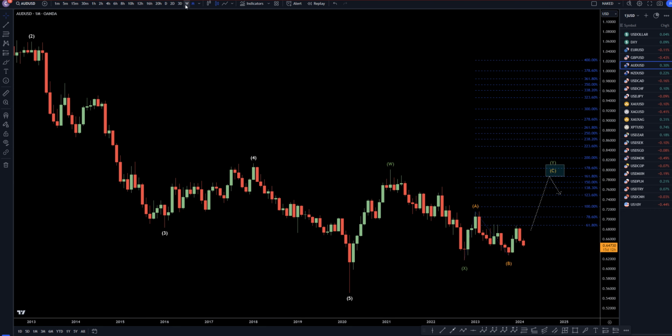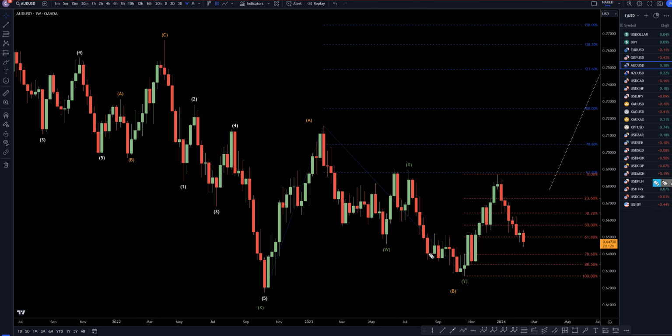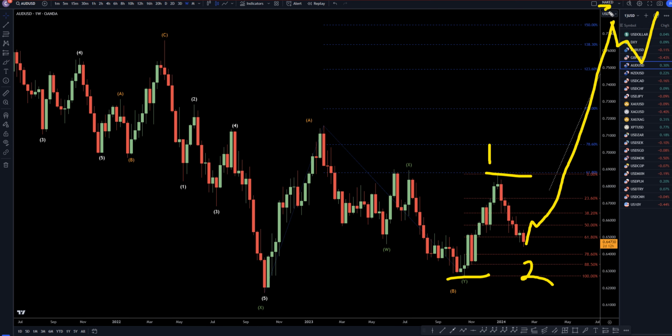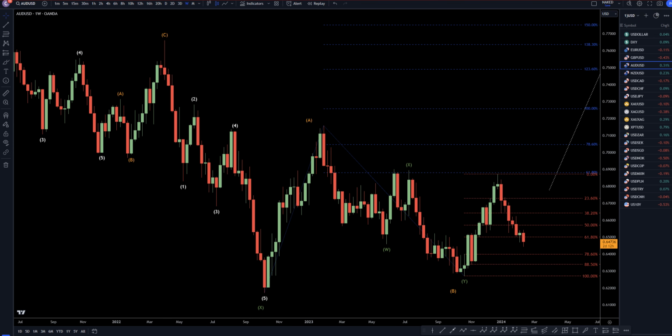So let's take it down to the weekly time frame. Weekly time frame is where we still got our Fibonacci retracement on here because I'm still expecting this is a wave 1 and this is a wave 2. I still think there's a very good likelihood this is going to go up and make a 3, a 4, and a wave 5, which I think this is a 1, 2, 3, 4, 5 of wave C, which is a wave C of wave Y based on what I see on the monthly time frame.